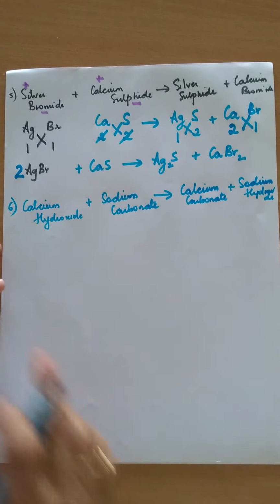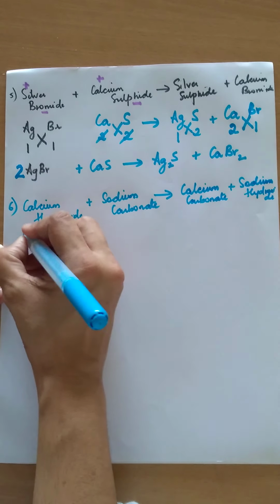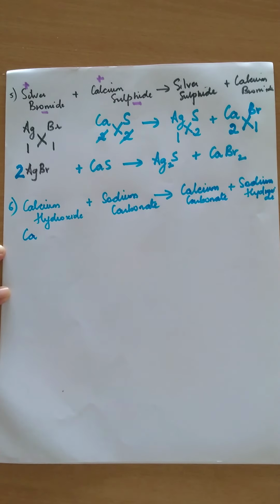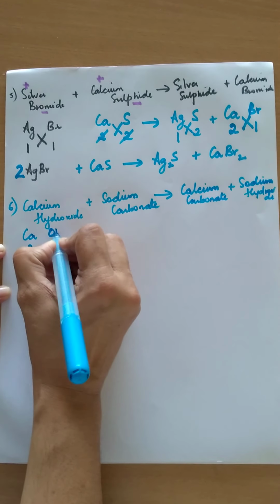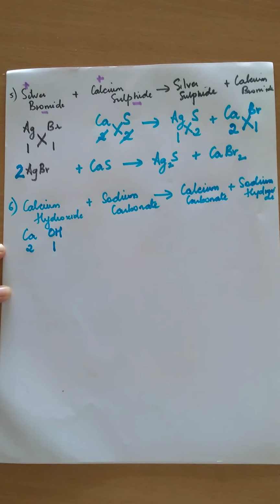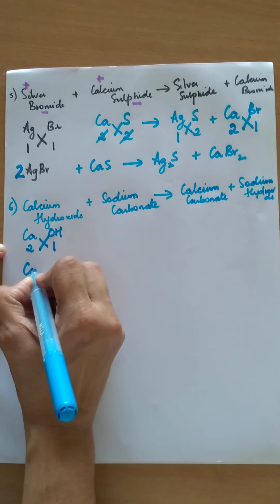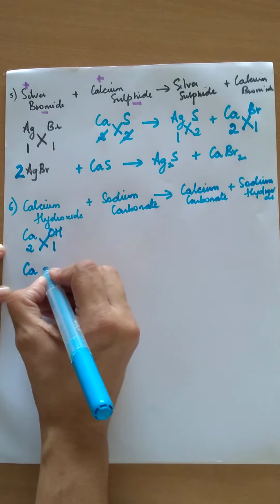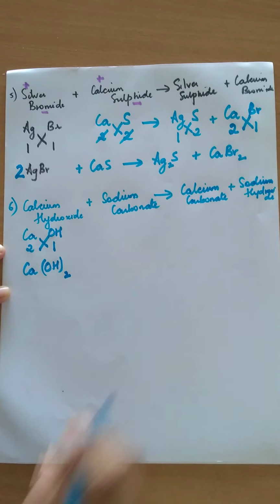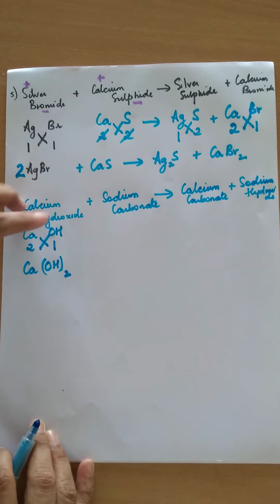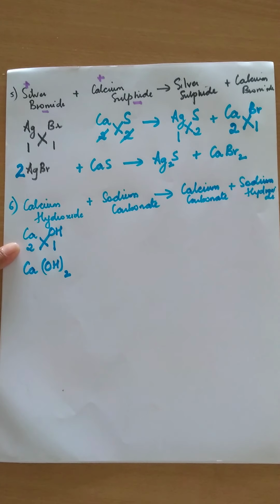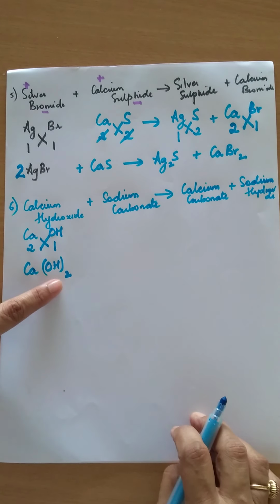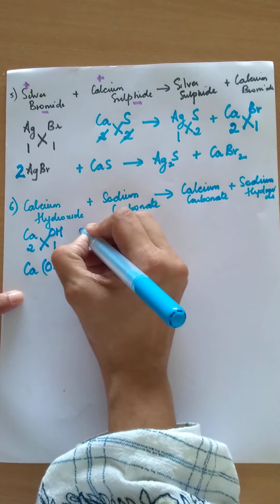Now let us start writing the equation. So calcium is Ca, valency of calcium is 2, hydroxide is OH, valency of hydroxide is 1. So after you cross multiply, you get Ca. Now you have to put OH in the bracket and then write 2, because you are multiplying this whole OH by 2. You cannot write OH2 without a bracket, because if you write it without a bracket, the 2 is only meant for hydrogen. Here you are multiplying this whole OH by 2. So you have to put OH in the bracket. Plus